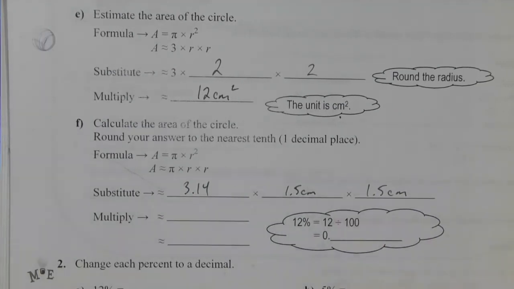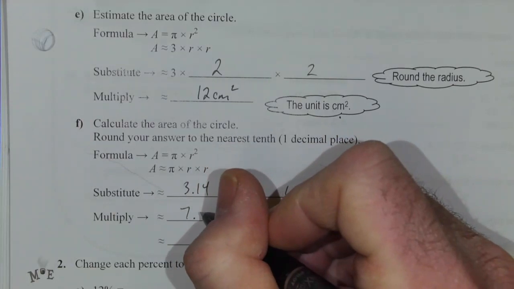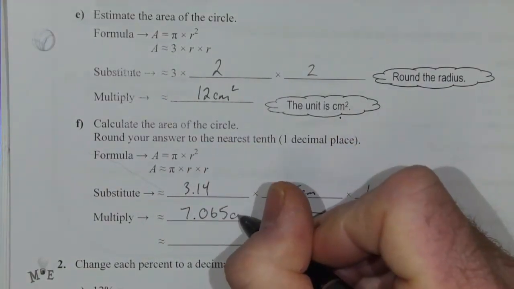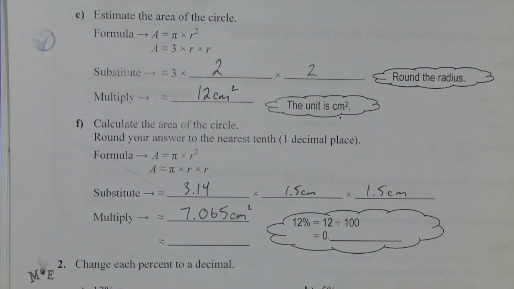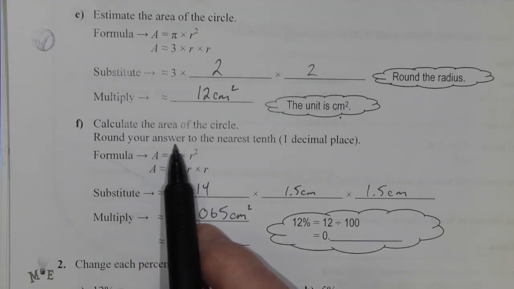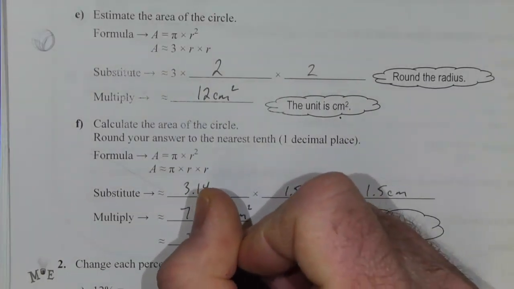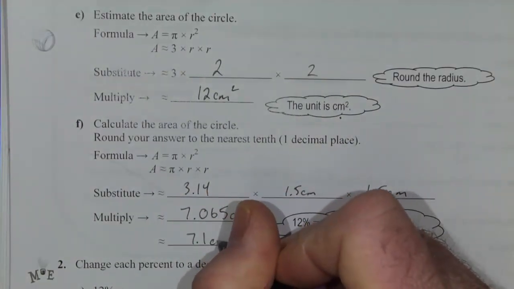So then when we multiply this out, we're getting 3.14 times 1.5 times 1.5, and we get an answer of 7.065 centimeters squared. Round your answer to the nearest tenth. Well, this is my tenth. My next digit is a 6, so I'm actually going to bump my 0 up to a 1, so 7.1